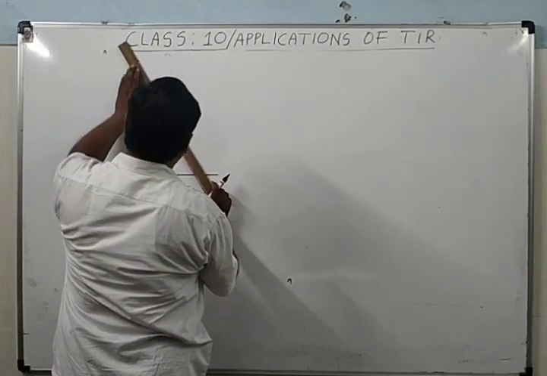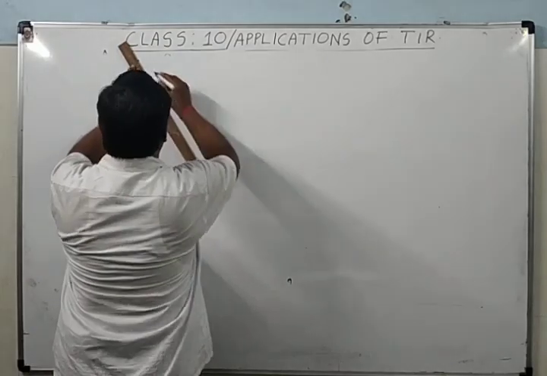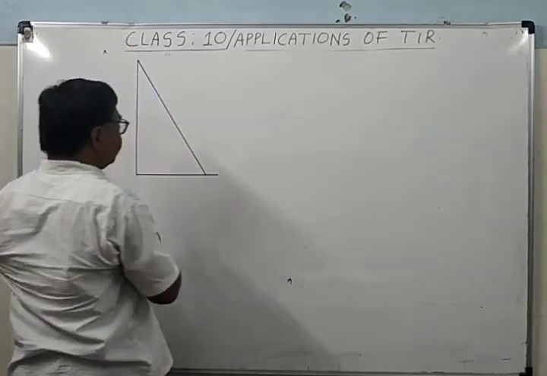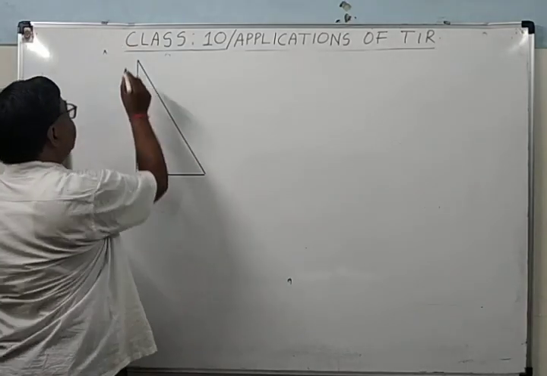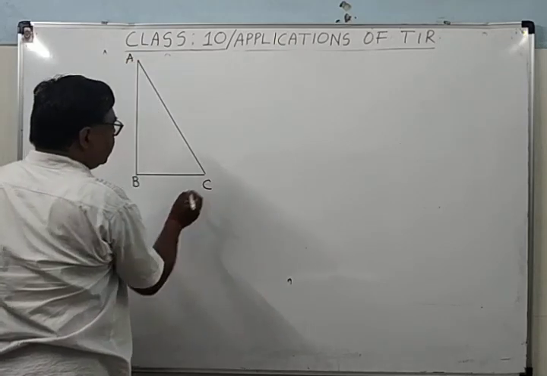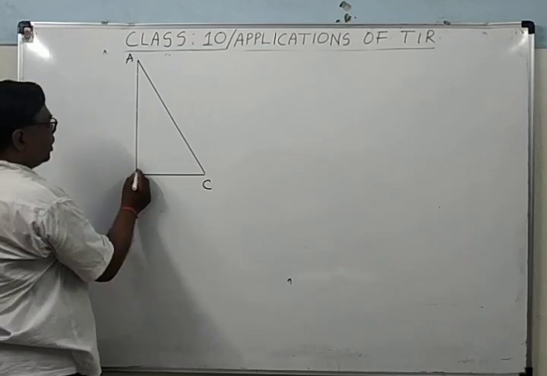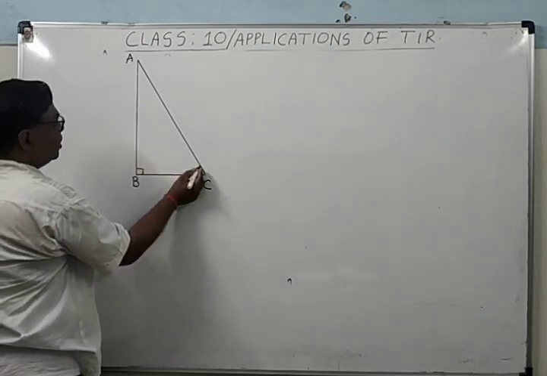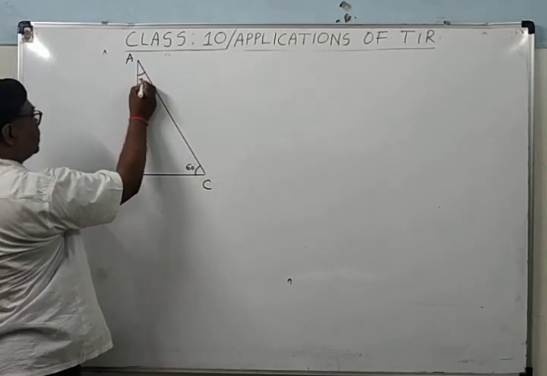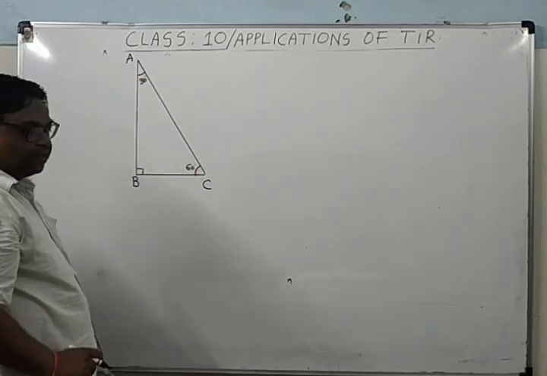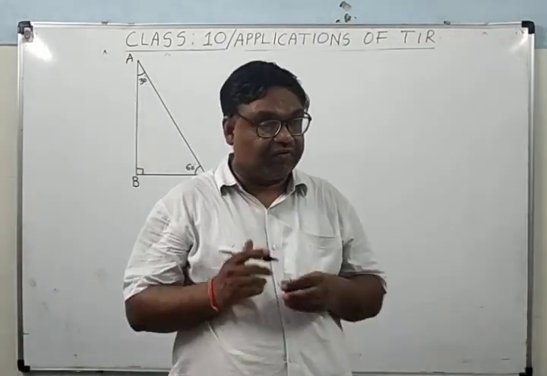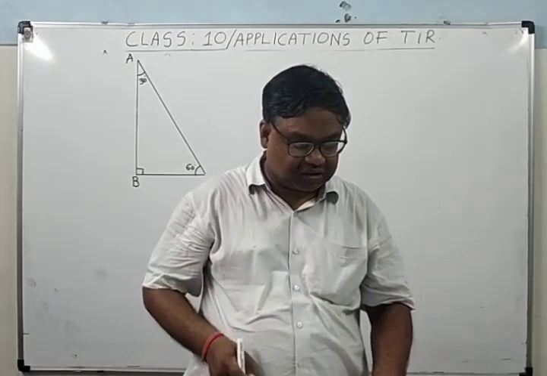The images which are obtained after total internal reflection will be much brighter because there will be no absorption of light. But TIR takes place only when ray is going from denser to rarer, from glass to air, and angle of incidence is greater than critical angle, which is in case of glass is 40 degree. It's clear? So now see here, total internal reflection through 30 degree, 90 degree, 60 degree.